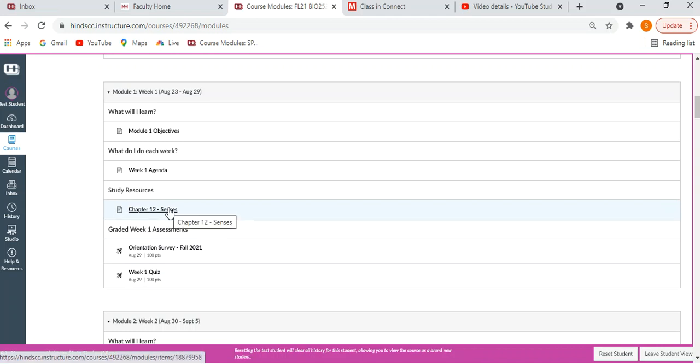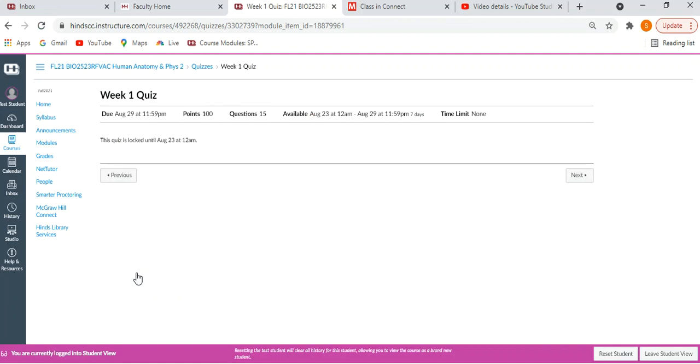One other note. On the quizzes, you do not have several attempts. You have one attempt for each of these quizzes. But that doesn't mean that you can only open it one time. Let's say you open it early in the week. You might want to print it out. I don't care if you print these out. Your test questions will be similar to weekly quizzes. It won't be identical, but it'll be similar. But you can print these out and just work on them all week. You can go in and out of this quiz all week long. In fact, I can open up this first one. Oh, it's locked until the 23rd. Today is not the 23rd, so I can't open it now. Just trust me